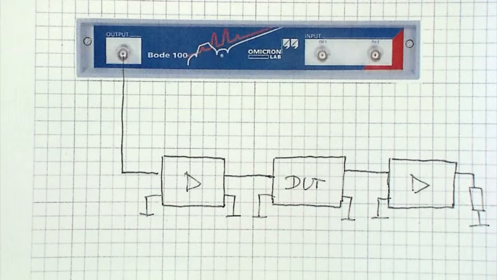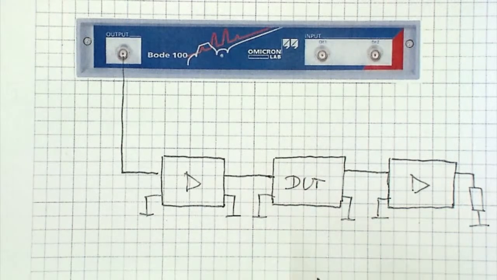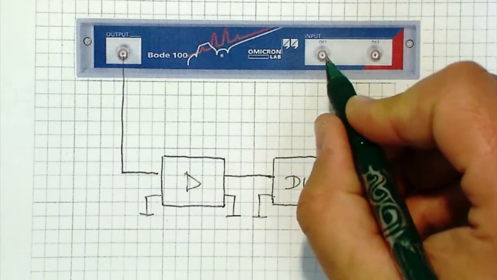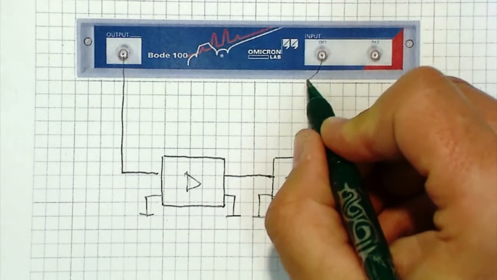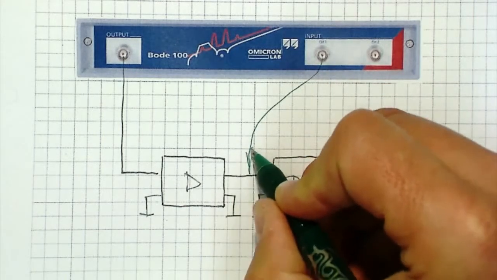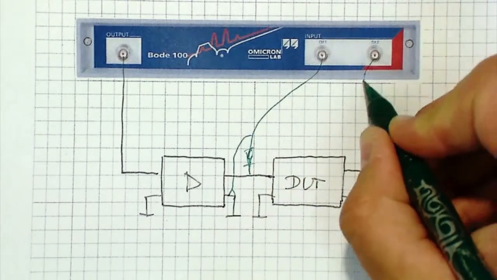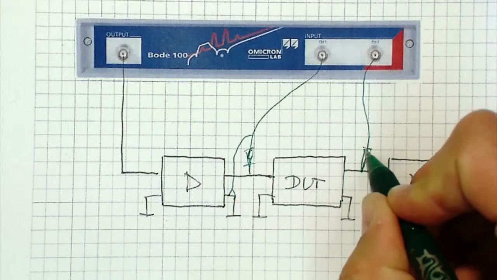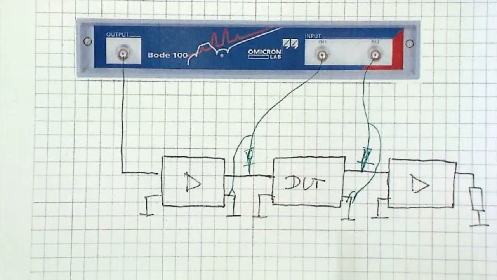If we want to measure the complex transfer function of a device under test where we have no direct access to the input and the output, the complex gain measurement of the Bode100 in the frequency response analyzer mode becomes especially handy, because we can switch both input channels of the Bode100 to high impedance and then connect oscilloscope probes to pick up the input voltage and the output voltage of the device under test. With these two values, we then can measure the complex gain of the device under test